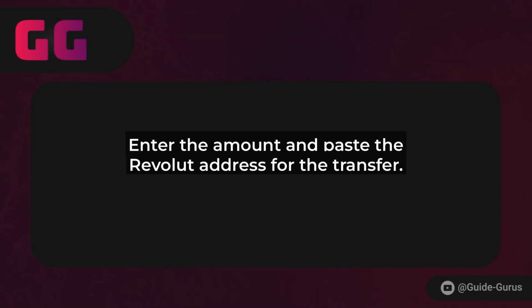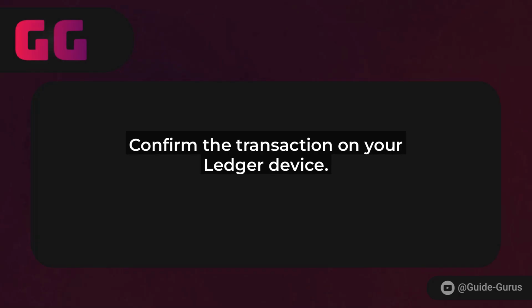Back on your Ledger Nano X, open the Ethereum app since Polygon transactions use the Ethereum framework. In Ledger Live, go to the Accounts tab, select your Polygon account, and choose the Send option. Enter the amount of Matic you want to withdraw, paste in the Revolut wallet address, and double-check everything. Remember, transactions are irreversible, so verify the details.